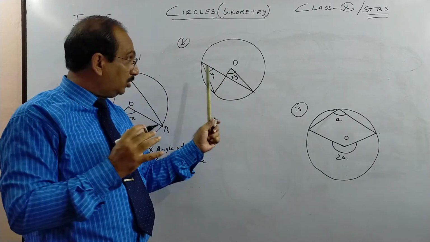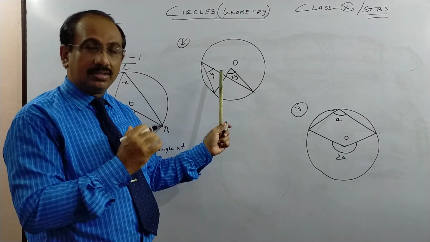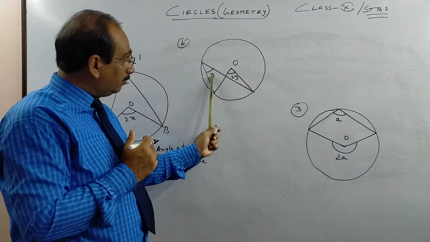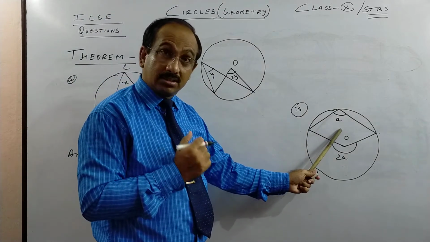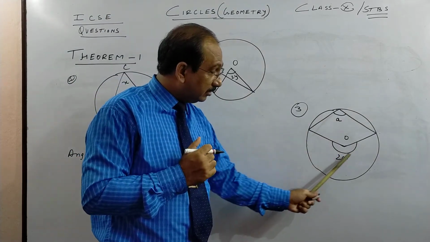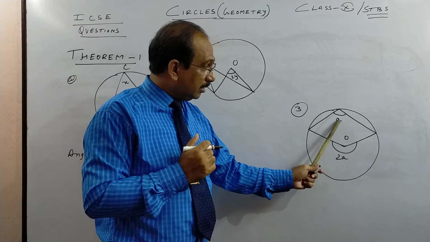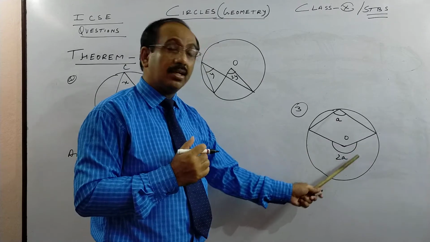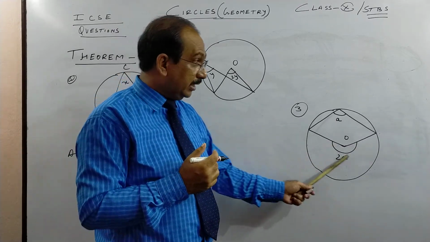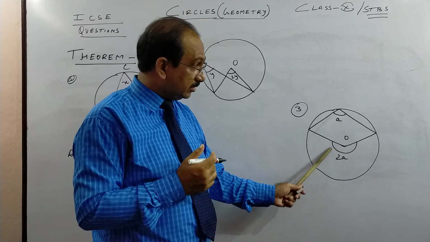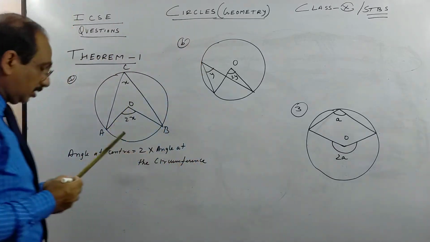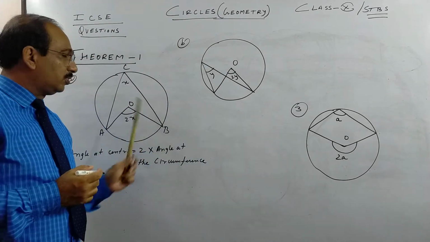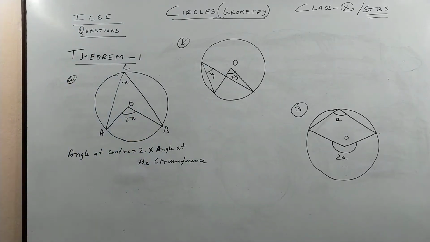So when you do the sum, you have to see very clearly in this chapter. That's why I say geometry is so beautiful. The angle at the center is double the angle at the circumference. It may look like this. If this is A, this is 2A. So this angle may be more than 180 degrees also. Suppose this is 100, this will be 200. So this was our theorem 1. Generally we see this in the book. This one also follows the same theorem. Then we move on to theorem 2.